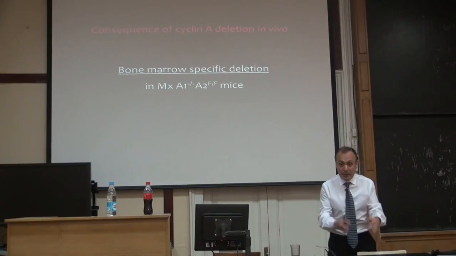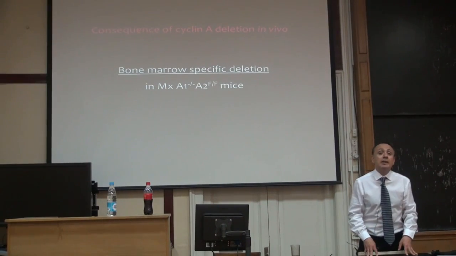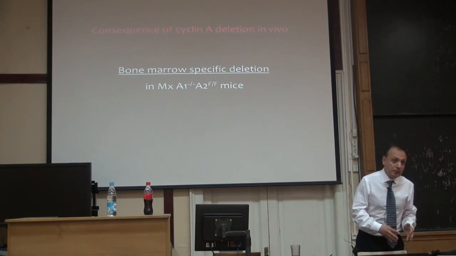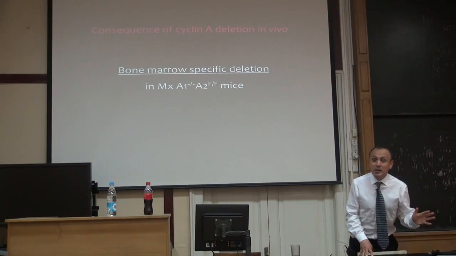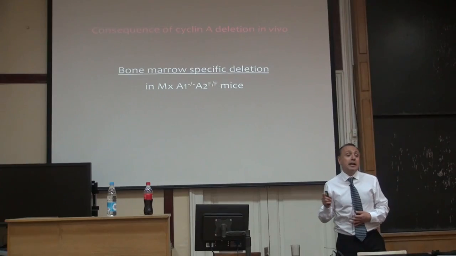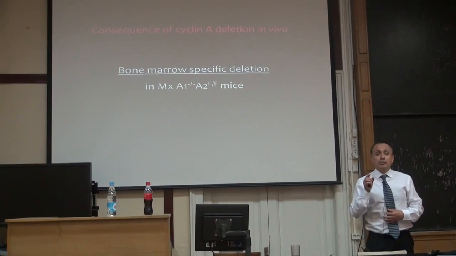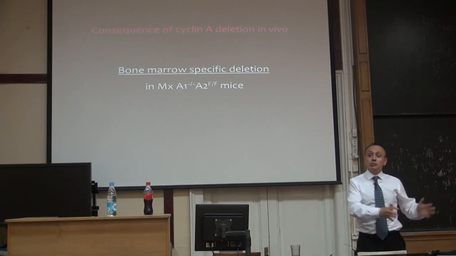They kind of play redundant functions. But now, since you decided to stay 15 minutes longer, I'll tell you that this was not correct. I mean, it was correct in fibroblasts, right? But it doesn't mean that it's true in other cell types. And this, I think, is a good indication that once you learn something in one cell type, you have to be very careful to generalize it